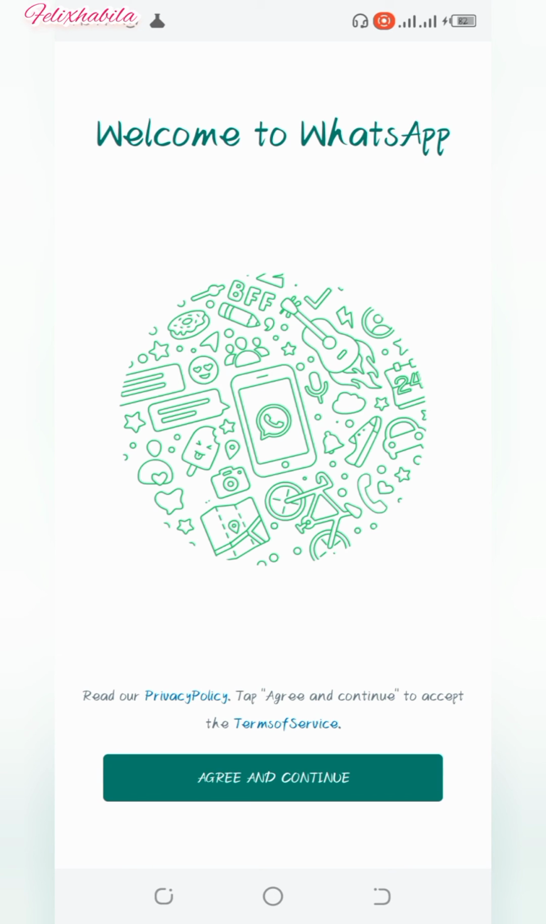You see, it shows you that you already have a new WhatsApp on your phone that you need to